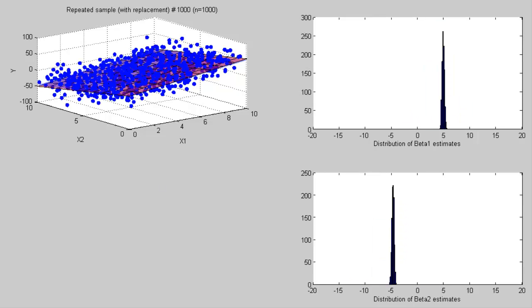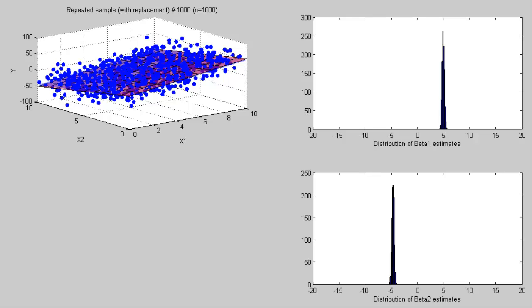So it would look like this. And so what we see here is that when we increase the sample size, the spread of the beta 1 and beta 2 estimates across multiple samples from the same study design have less variability. So this is another way to see that we have more precise estimates of the underlying value that we're trying